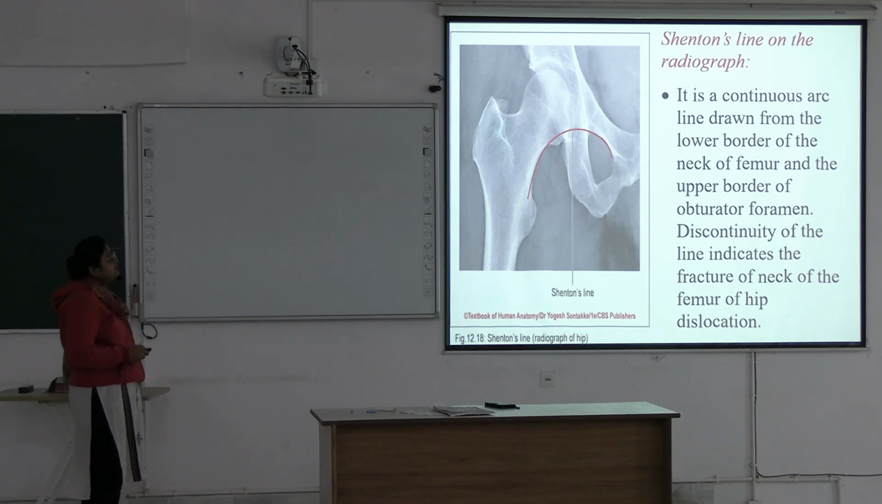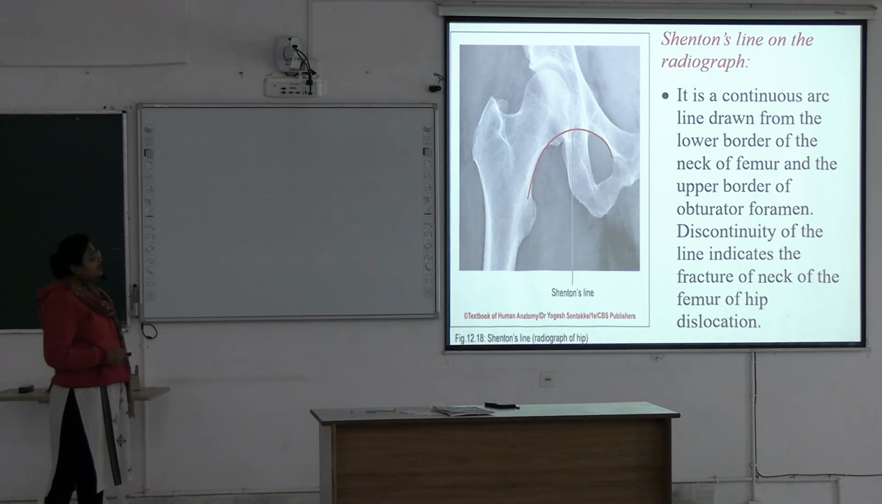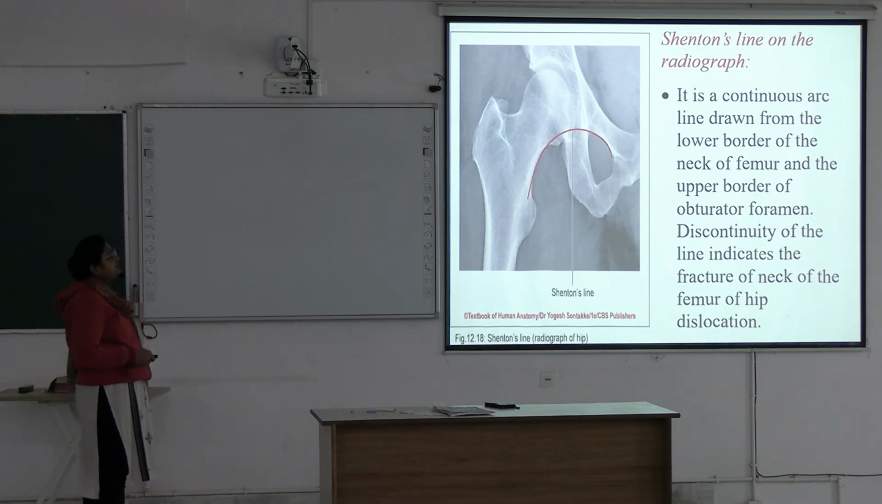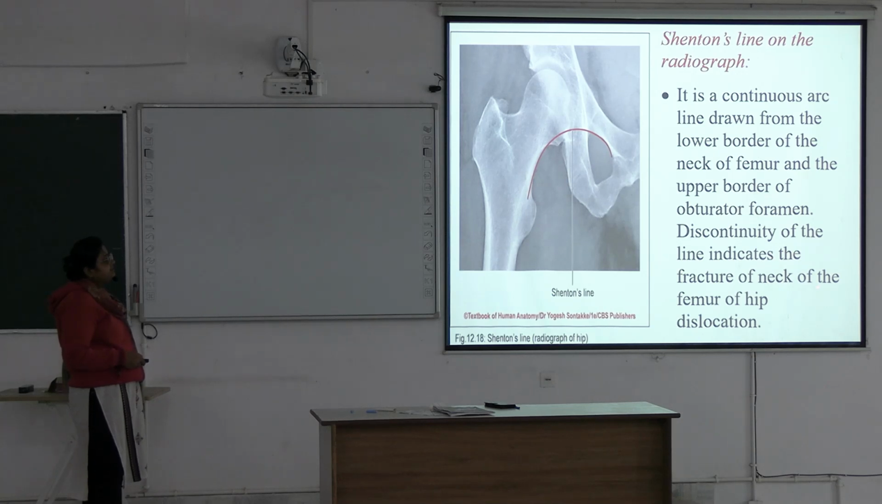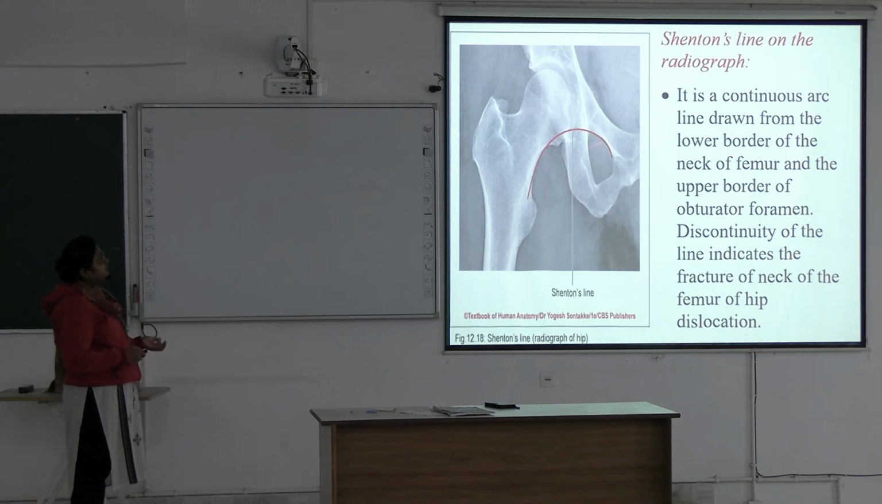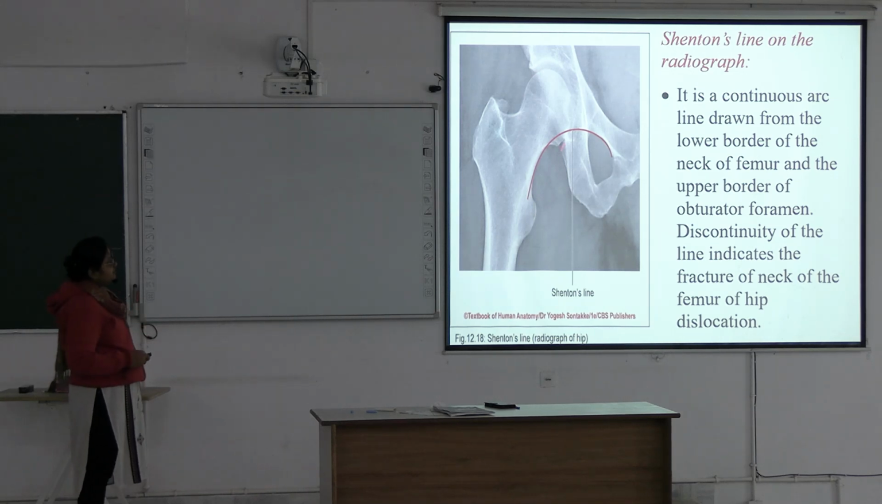So what is Shenton's line? A continuous arc line drawn from the lower border of the neck of femur and the upper border of the obturator foramen. And discontinuity of the line indicates the fracture of the neck of the femur or hip dislocation. In hip dislocation also, the head will not be located in the acetabular cavity, it is displaced forward or backward. So there also Shenton's line will be destroyed. Next